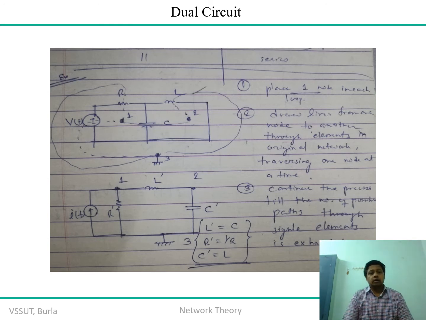Similarly, the dots 1 and 3 are interconnected to one source and one element at a time. When we consider the resistive elements, the new resistance is R dash, which is nothing but the conductance G. Now G is equal to 1 by R. So the new value of R dash is equal to 1 by R, or G, you can write.